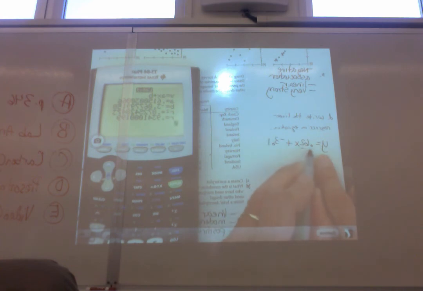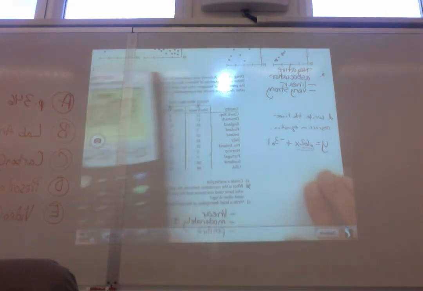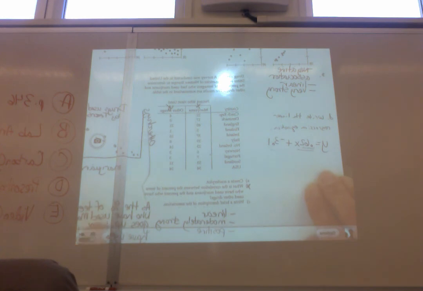Notice this is a positive slope. Notice as they work backwards to the y-intercept, it would have a negative value. That would equal a negative amount of drugs used or negative percent. So that doesn't 100% make sense in our situation. But remember, when you think too far forward or too far back, sometimes we have to put boundaries on what's appropriate. But this positive slope is what we were seeing in our scatter plot.